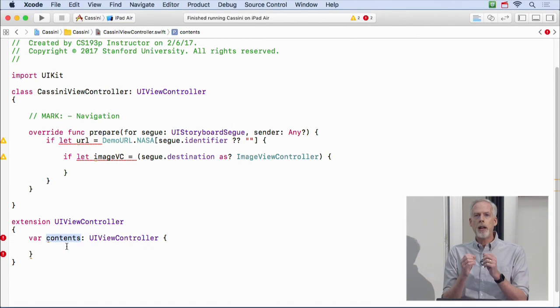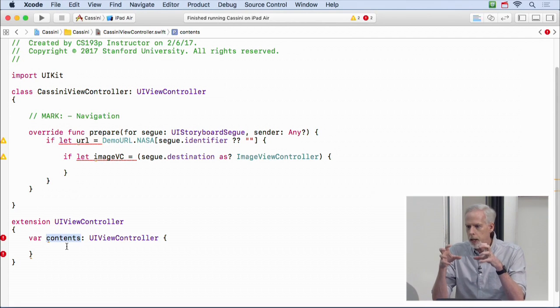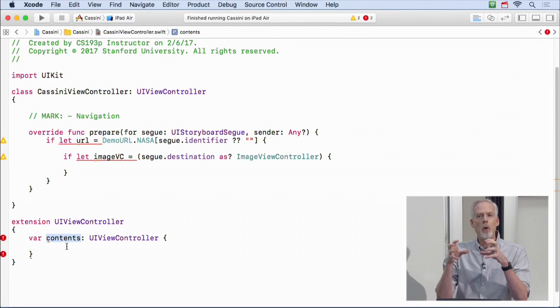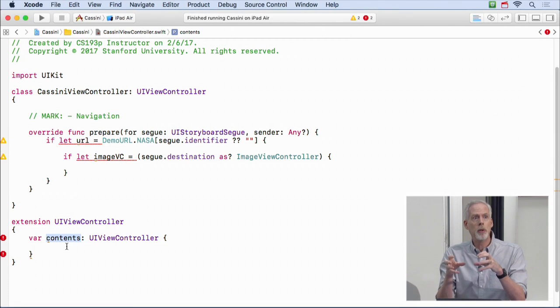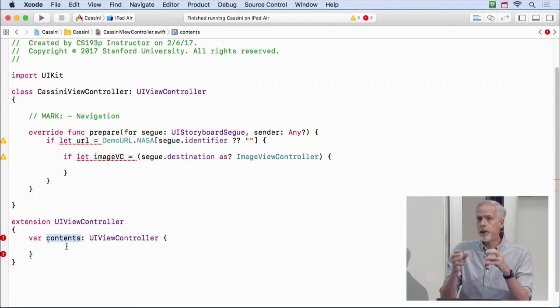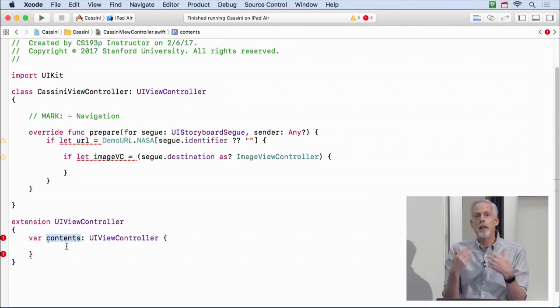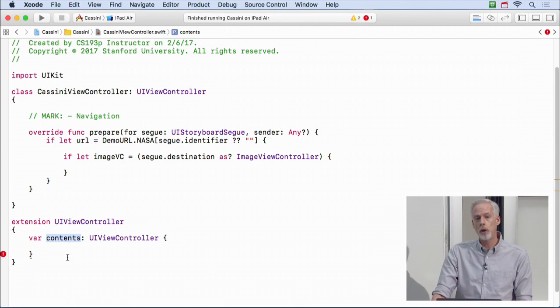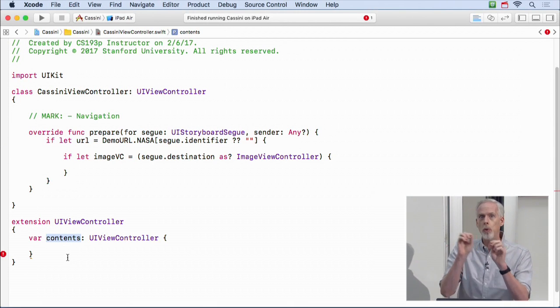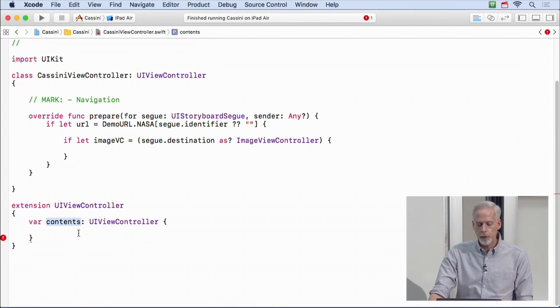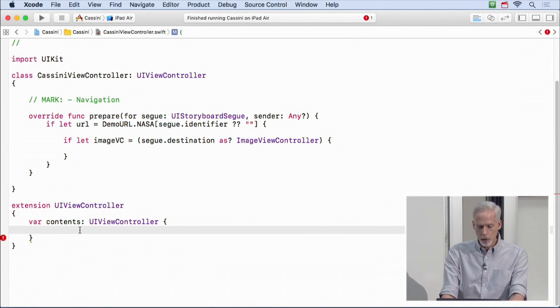Well, I'm defining contents to be the contents of this view controller, what this view controller holds. If this view controller is a navigation controller, then that's the visible view controller. If it's not, then it's just itself. A view controller's contents are itself, unless it happens to be a navigation controller, and then it returns a visible view controller. I could also probably check to see if I'm a tab bar controller, and if I am, show the visible tab too, but for the interest of time, I won't do that. You could do that if you want.